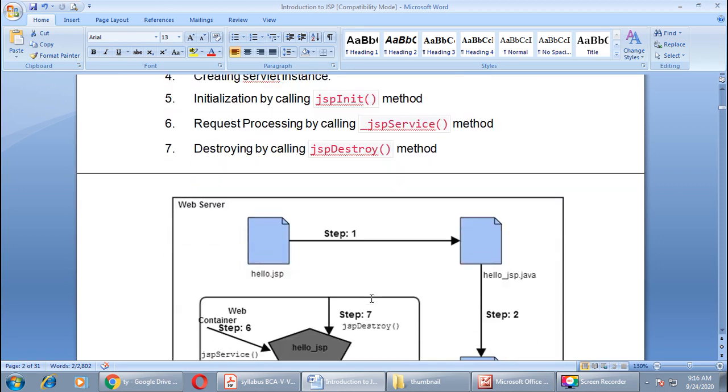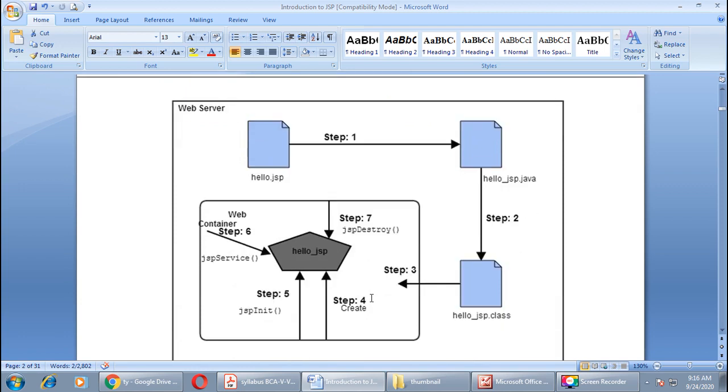Now you can see the pictorial form of the JSP life cycle. You can see the web server here. All the steps are given. Number 1, hello.jsp. The programmer will create this JSP page, right?